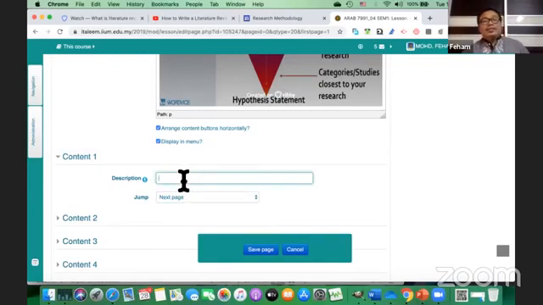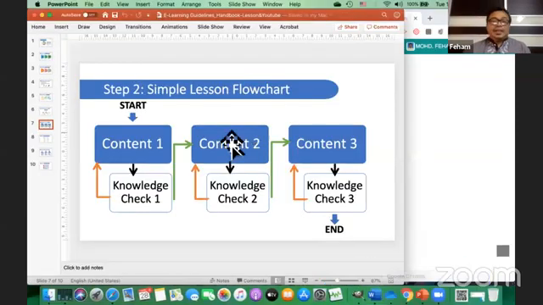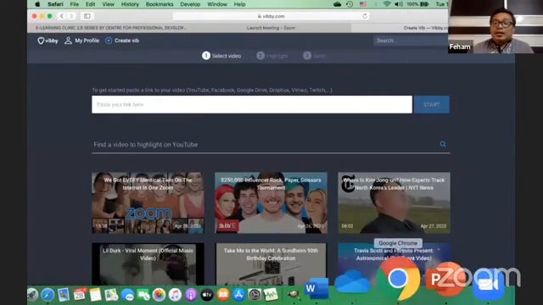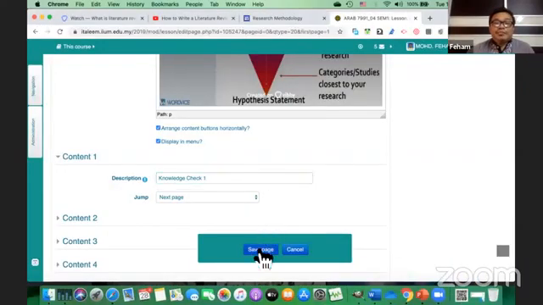You name the next page as knowledge check 1, as in the flow. Okay, after first content, you have knowledge check 1. So save.